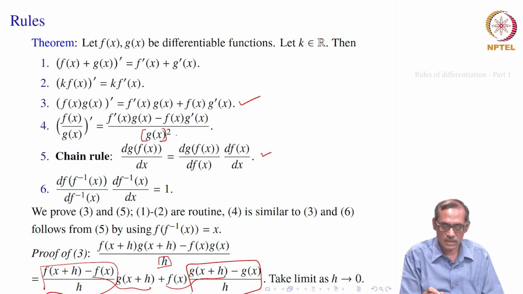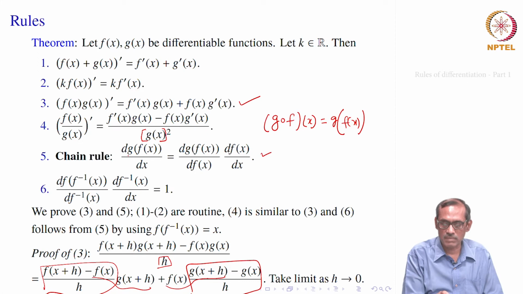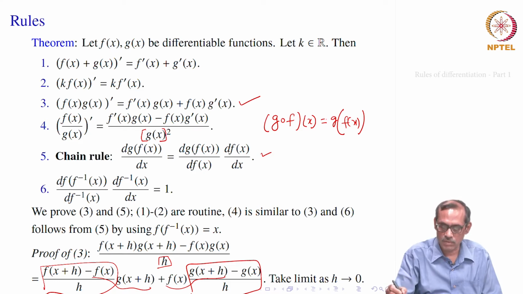Then the next one, it is a bit easier to remember, but we will give that later. So, it says if you have a composition of functions g of f. As you remember, this is defined at x, its value is g of f of x. So, we are writing on the left side that composition, derivative of the composition g of f of x is equal to derivative of g with respect to f of x. So, that means it will be equal to g prime of f x.